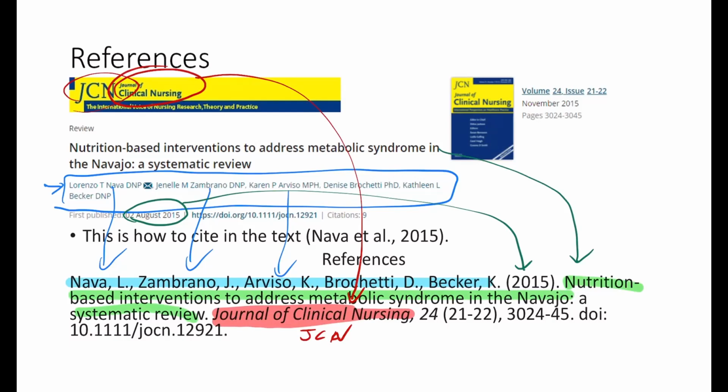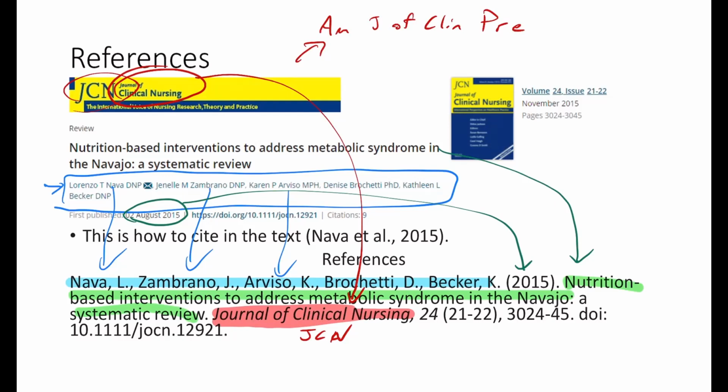This can be tough because sometimes it'll be something like MJ of Clin Pre, and it's like, what does that mean? So what you can do if you see something like this cited somewhere, just copy and paste that into Google and search for it, and it'll bring up the full name of the journal. That way you know what you need to be putting in that area down there. So in this case, it's the Journal of Clinical Nursing. Don't shorten it. Don't write JCN. Write out the whole thing.